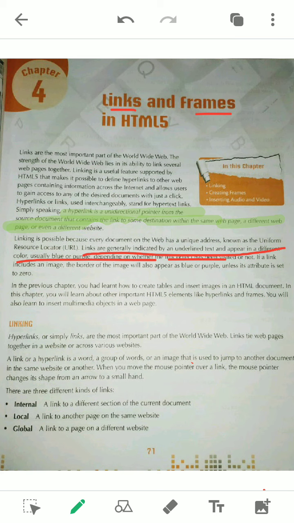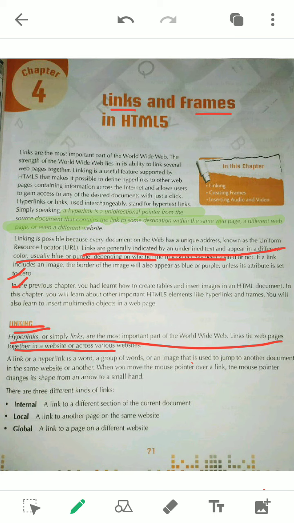Now see, this paragraph is discussing the previous chapters. Now you see linking the document. As we know, a link may be a single letter, a single word, a sentence, or a paragraph. Remember, a link can be made from a single letter, a sentence, a word, or a paragraph. We can create a link from any of these.